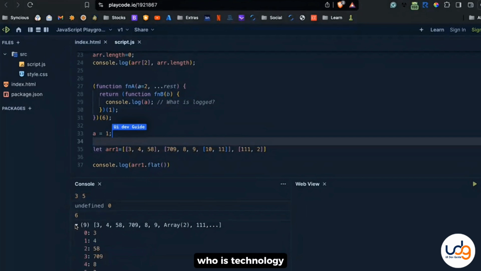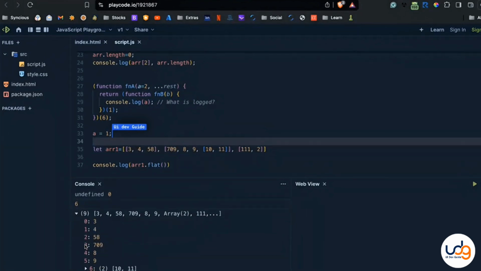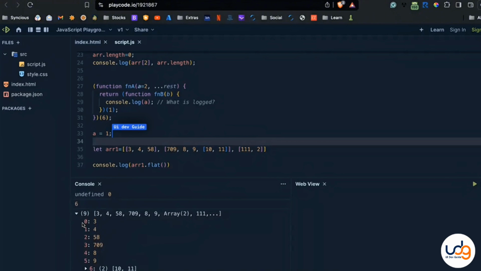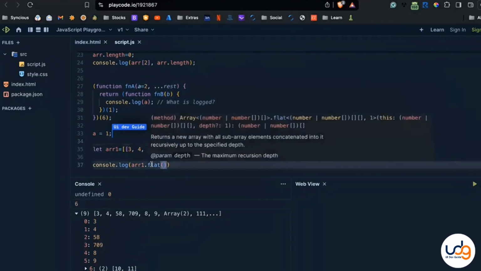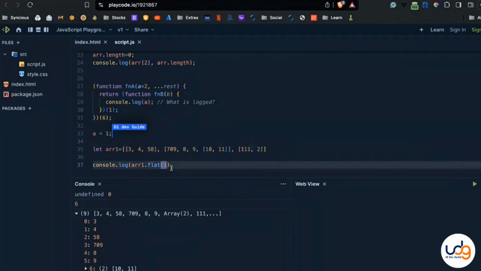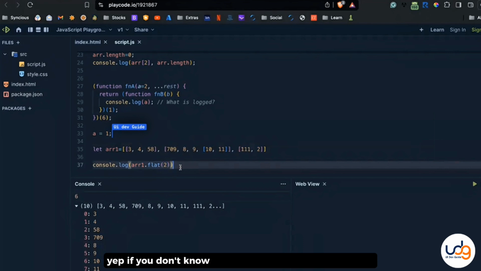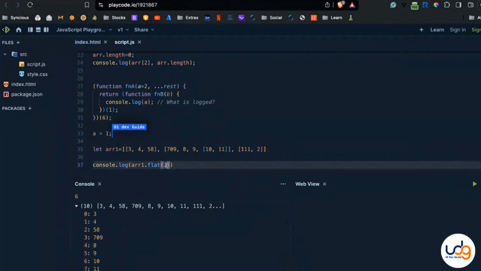So it does not, okay. I think it goes only one level deep. What do you have to pass then? Okay, depth. If you don't know how many depths there will be, then